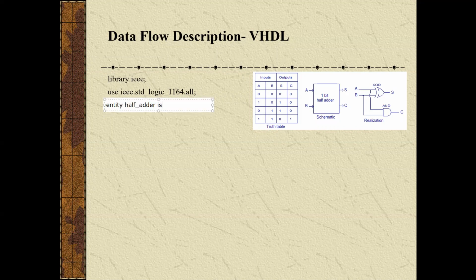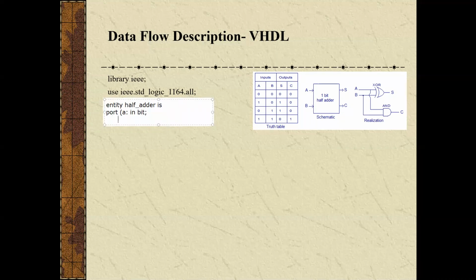Is is also a predefined word. So let's see the port structure. We have to write port. Here port is a predefined word. After writing port, start assigning the input and output terminals in a bracket. We have our input terminal A, which is an input terminal. I can assign it like this. Individual terminals can also be assigned here, and B is another input terminal, and this is also bit type.